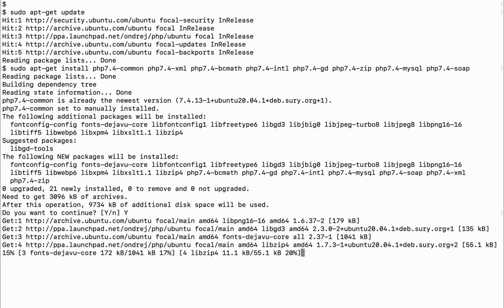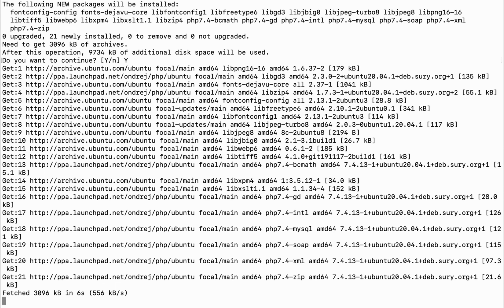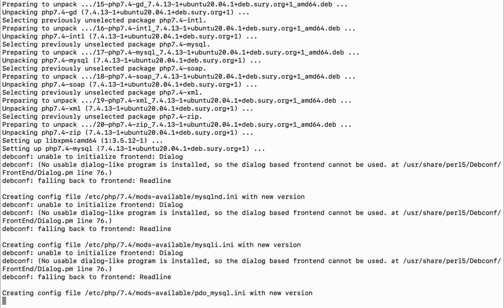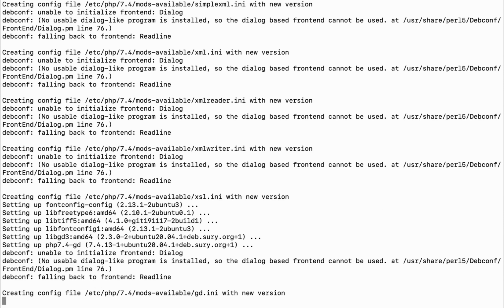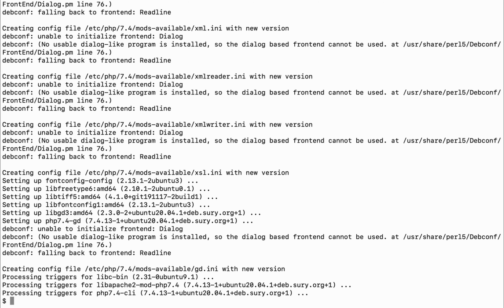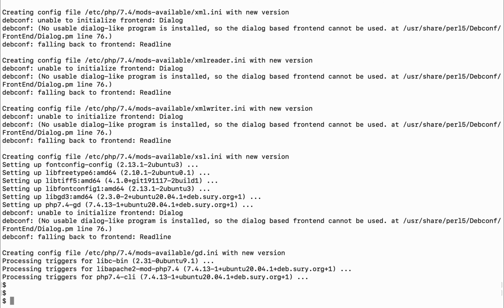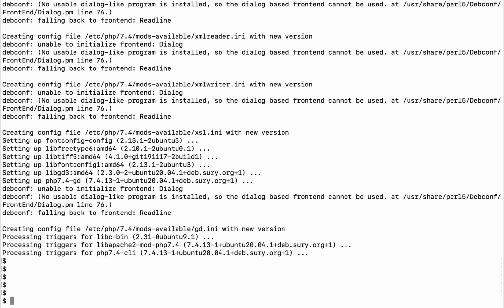Enter yes, and it will install all these PHP extensions for you. Okay, so these PHP extensions are installed, and now we will move to the next section.